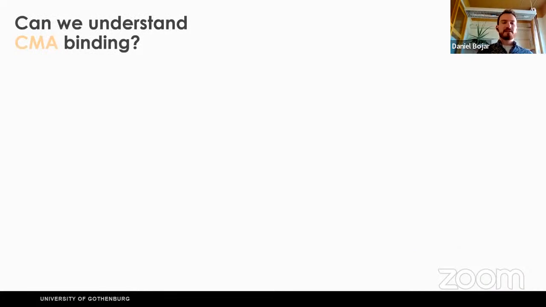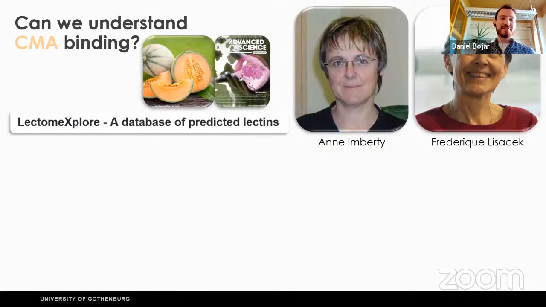One very specific example is we wanted to see, not only can we make new lectins, but can we find new lectins? And the reason for that is that there is this great database called Lectome Explorer, made by Frederic and Anne, which is a database of predicted lectins. So these are hundreds of thousands of lectins that have been found in genomes of uncharacterized species and all kinds of